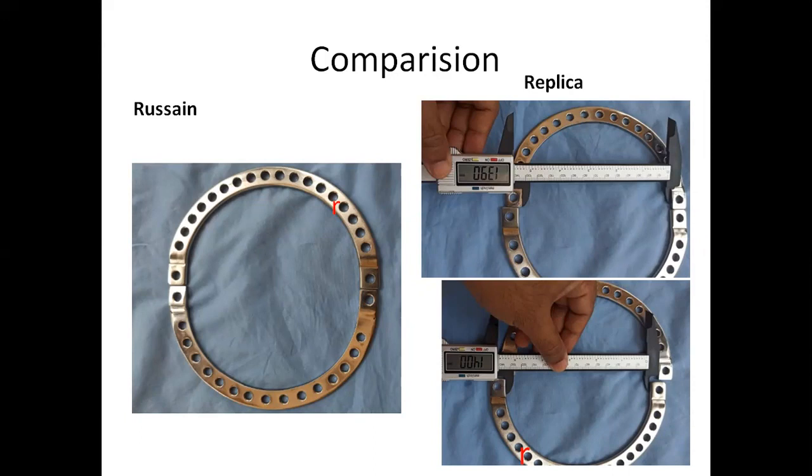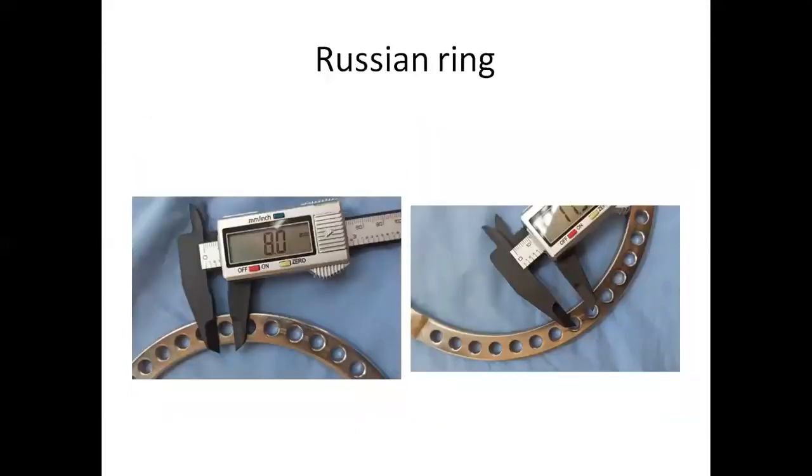So why am I telling you these things? Because if you know all the details of the rings, then you can find out your difficulties and failures of the ring and other difficulties when doing the Ilizarov. So you must have good knowledge about the ring details. And another thing is that in every conventional Ilizarov ring the hole size is 8 millimeters, and the distance between the two hole centers is 11.5 millimeters.